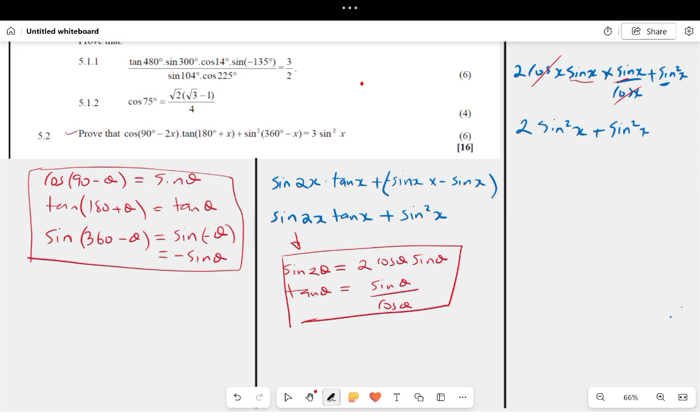So if you have 2 sine squared x plus 1 sine squared x, you are going to find 3 sine squared x. And that is the final